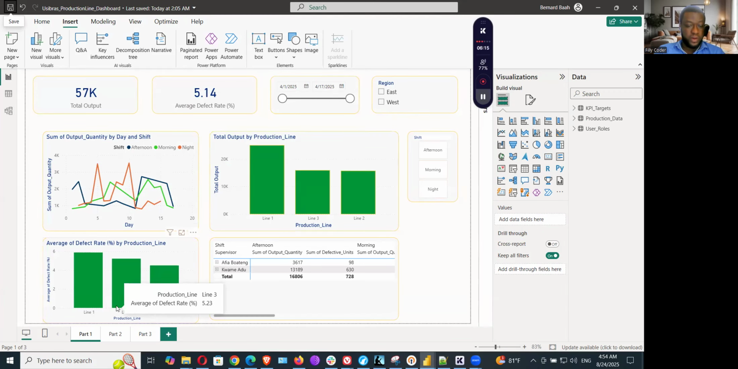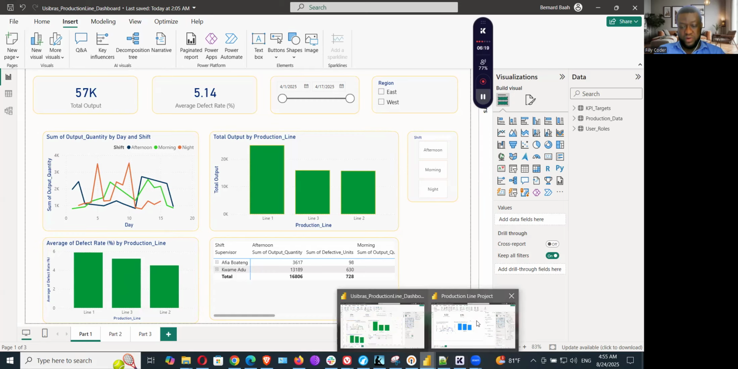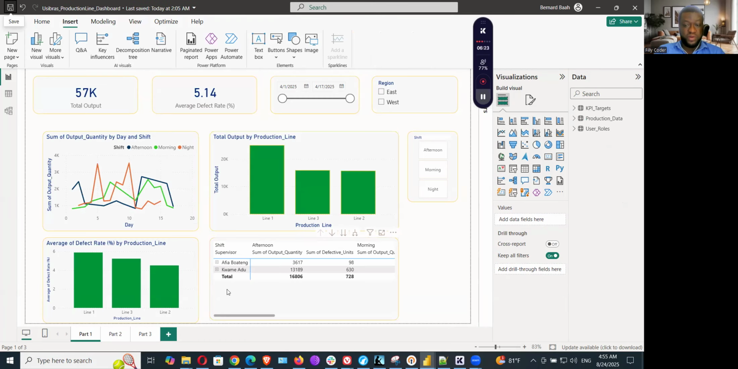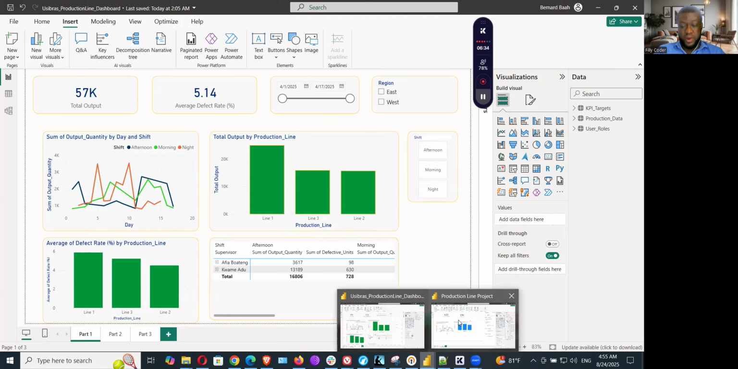This one, okay, it looks like it. Okay, so average defect rate by production line, and then there are two more visuals, the table and the total output by production line. So let me do total output by production line next. And so here,